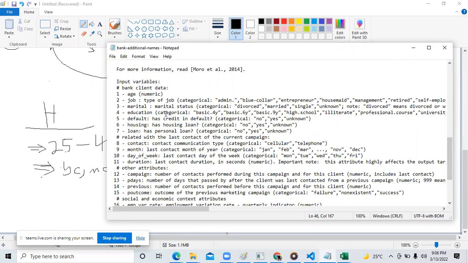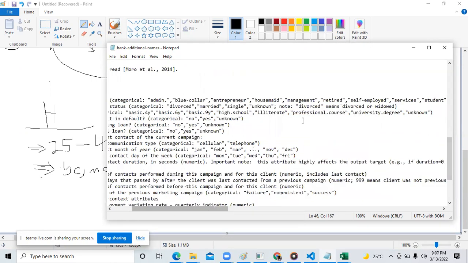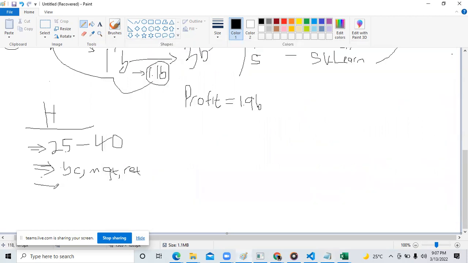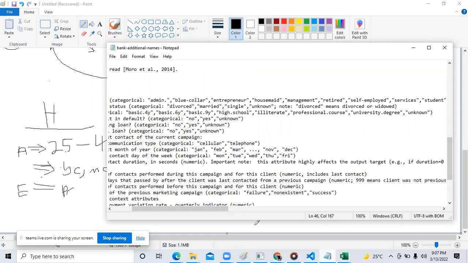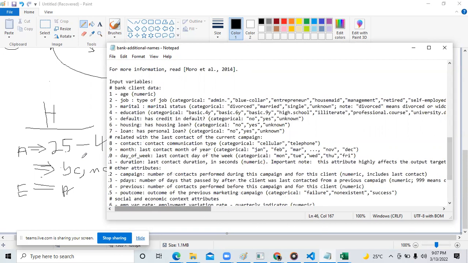Educational status, categorical. We have basic 4 years, 6 years, 9 years, high school, illiterate, professional course, university degree, unknown. So of course, professional course people and university degree people will be very rich, right? So for education now, professional course. So this is for age. This is for job type,